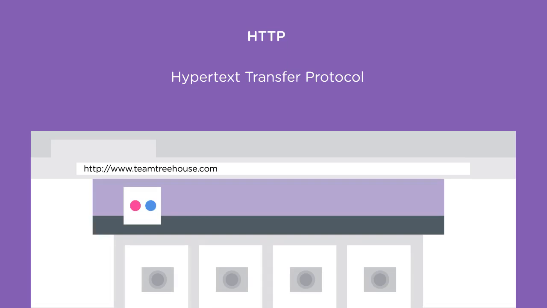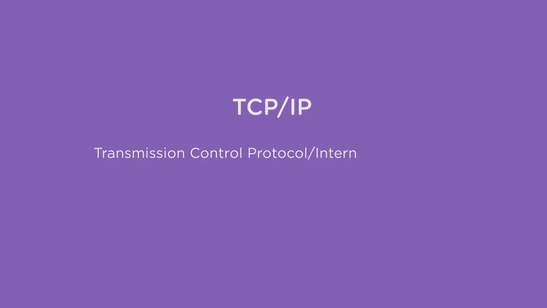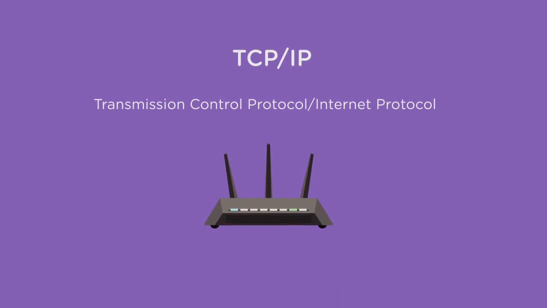After opening up a web browser and typing in a URL, your browser uses a special protocol called HTTP, or Hypertext Transfer Protocol. This is a set of rules for asking for and getting web pages. But there's an even more basic set of protocols under this called TCP/IP, which is short for Transmission Control Protocol and Internet Protocol. These are the rules for sending and receiving any data, whether it's email, web pages, or files